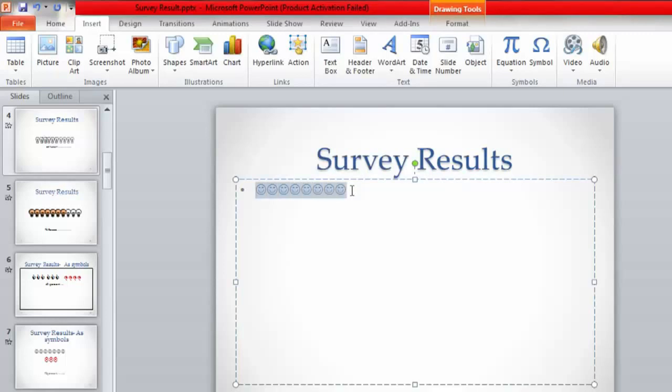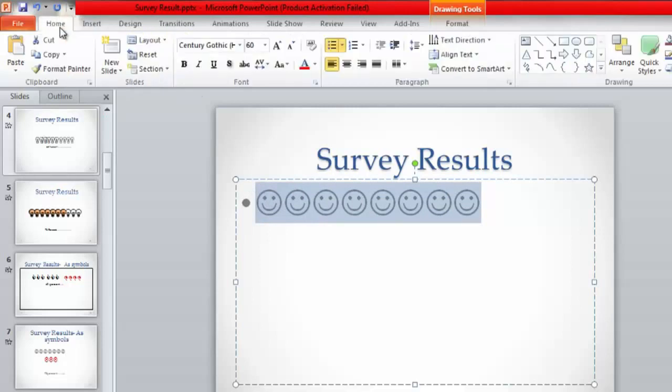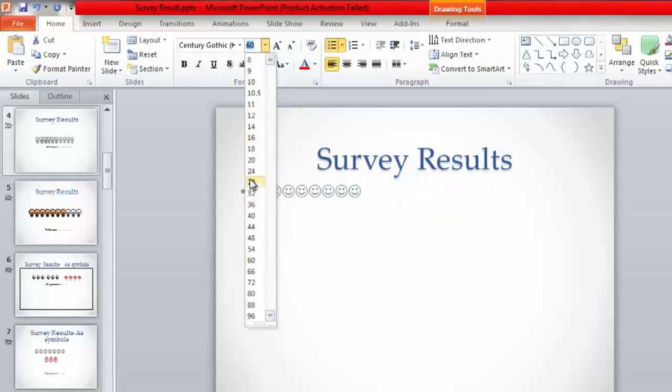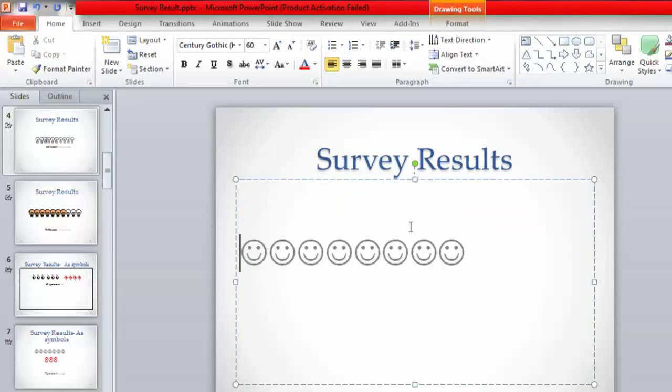Increase the size with the help of either Control and closing bracket, or alternatively you can increase the size from here also. Click on the Home tab and you do have the option to increase or decrease the size here. So these are the smileys we have inserted, 8 smileys.